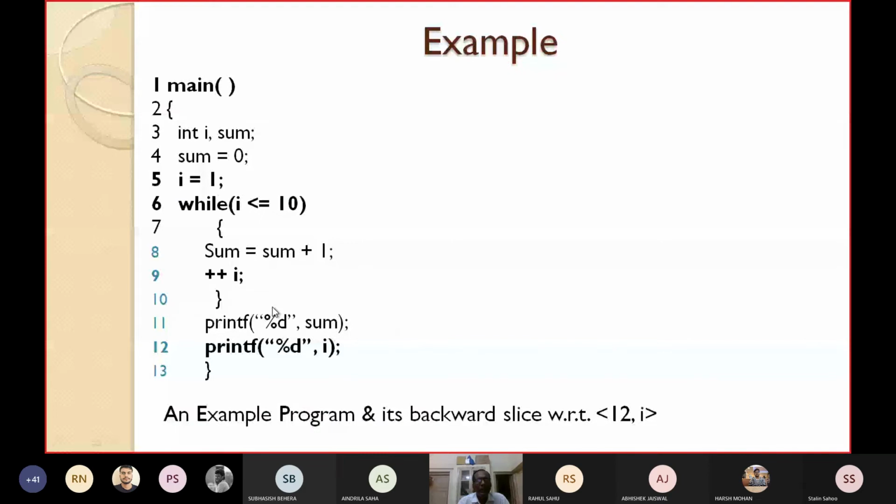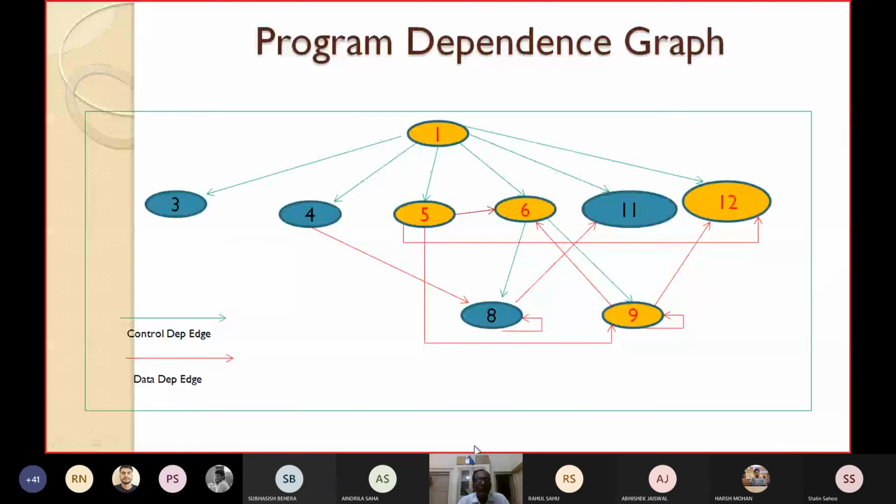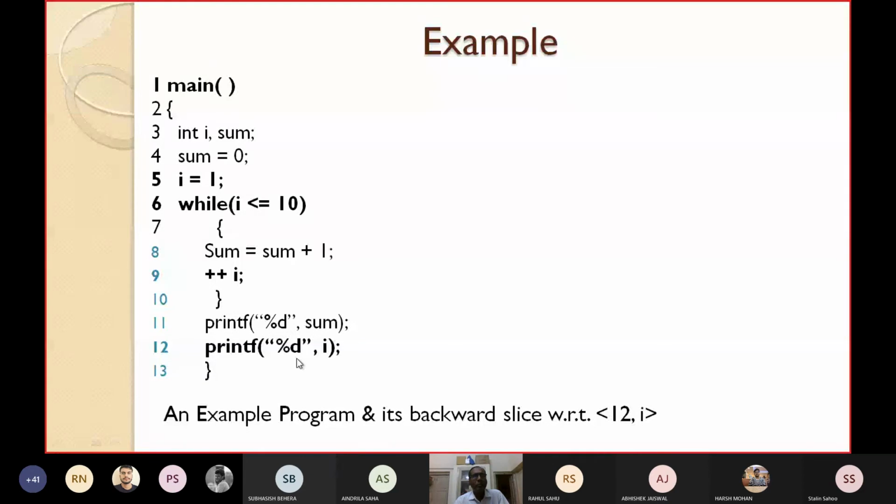And if this condition is not satisfied, then the value of I from line 5 will be printed at 12. So there is a data dependence edge from 5 to 12. Similarly, you can find out all those dependencies.